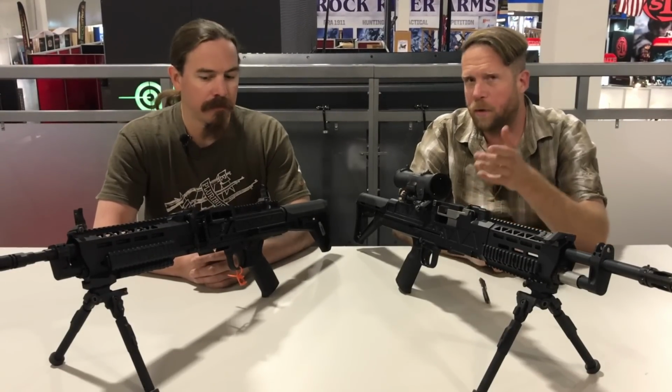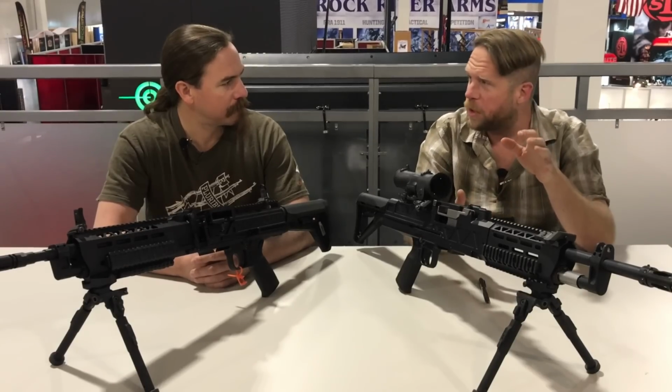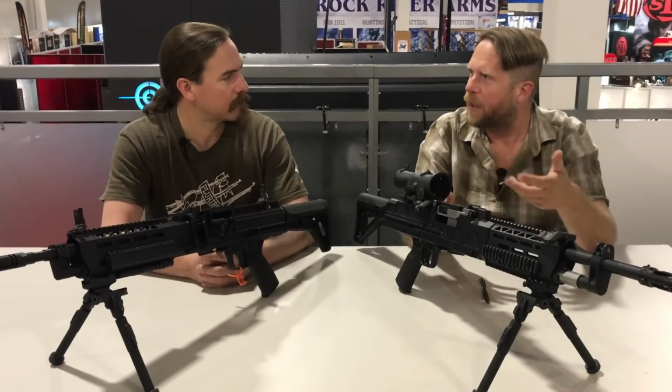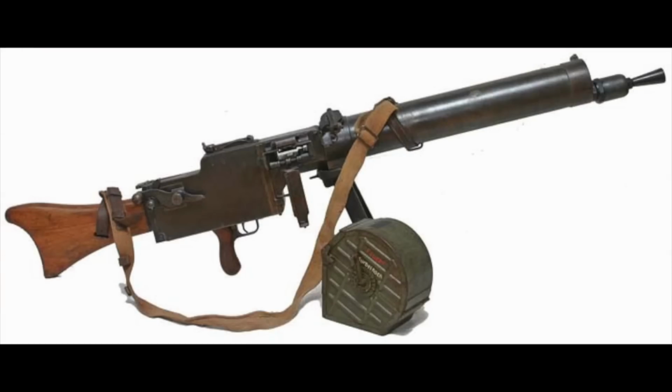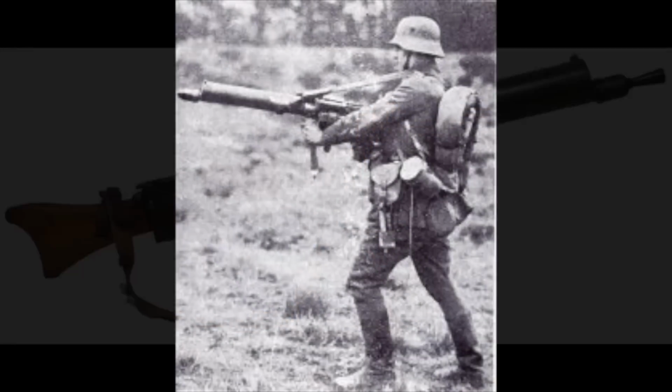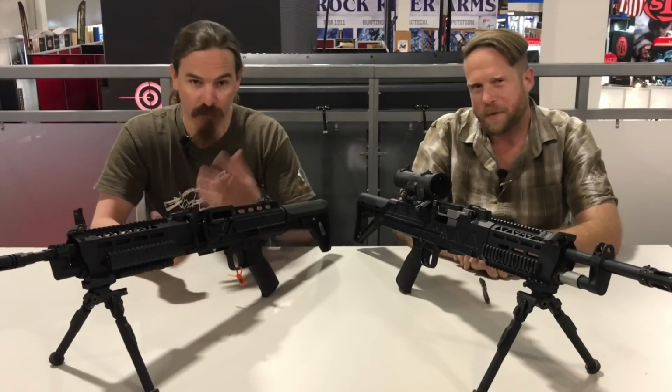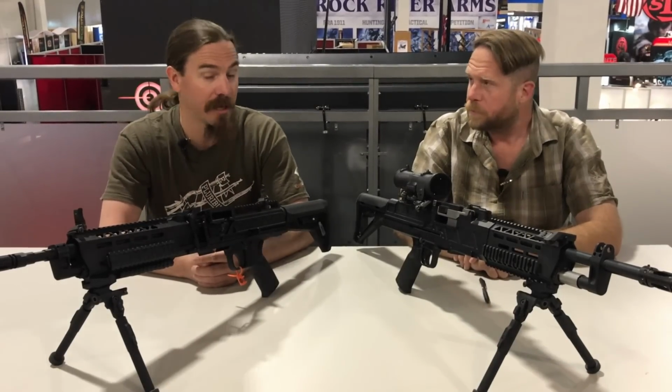When we go back to World War I, you see them taking what were emplaced machine guns that were far too heavy to move dynamically in the field, lightening the gun and trying to make them viable. Things like the MG0815, trying to do an assault with a gun that they could actually move as one individual man. So the nomenclature on this is what they're calling the light assault machine gun,